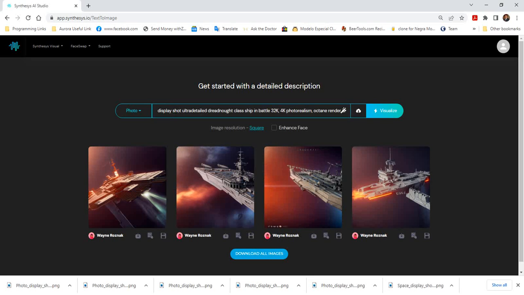Okay, so I've got my command prompt here. Display shot, ultra detailed, dreadnought class ship in battle, 32K, 4K photorealism, octane render, and let's see what else we got over here on the far where it's hard to see. Aspect ratio, which is AR space